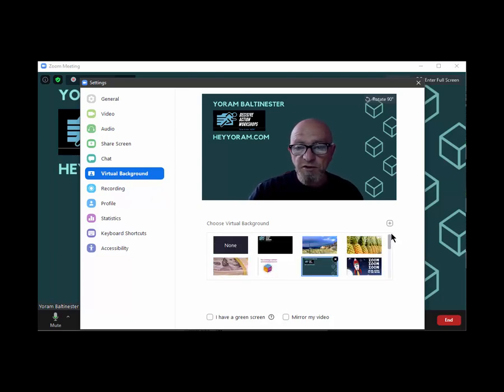Now, if I want to organize it a little bit, I can always use these X icons in order to get rid of backgrounds and not use them anymore. And if I want to add a video or an image, and I am dead set against videos as virtual backgrounds, so I'm not going to do that, but you use that little plus button here, you click it and